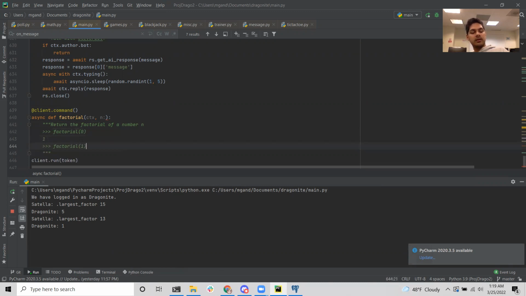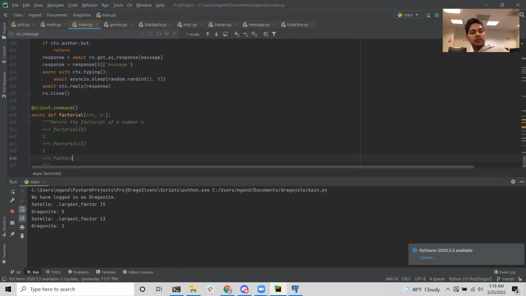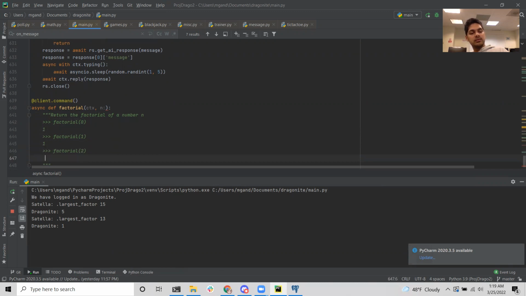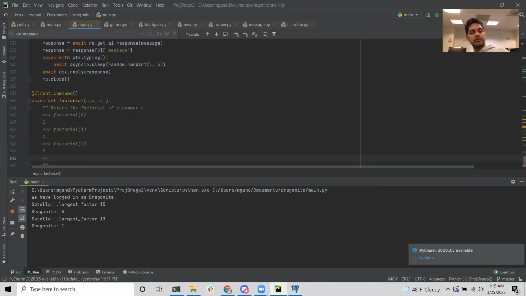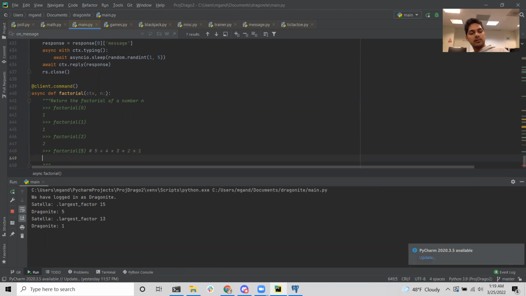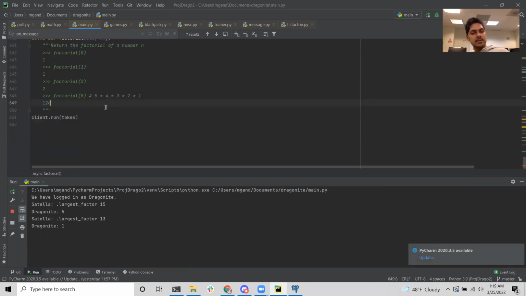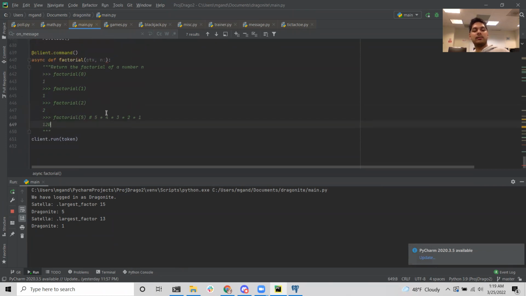Factorial 1 is equal to 1. Factorial of 2 is equal to 2 times 1. Factorial of 5 is equal to 5 times 4 times 3 times 2 times 1, which is 120. Factorial of 10 is kind of insane.